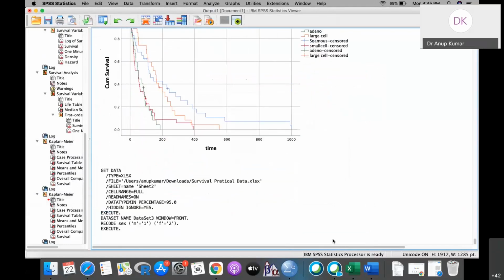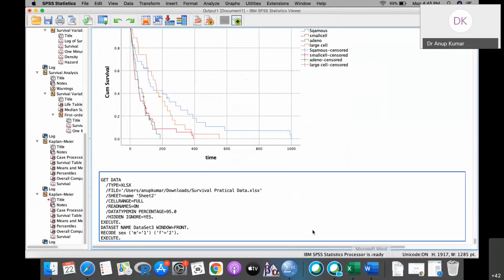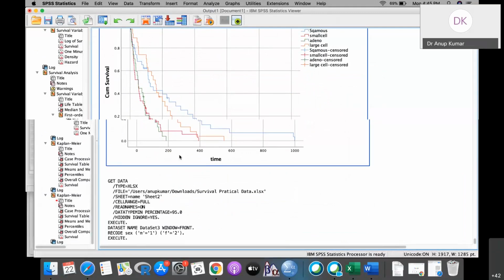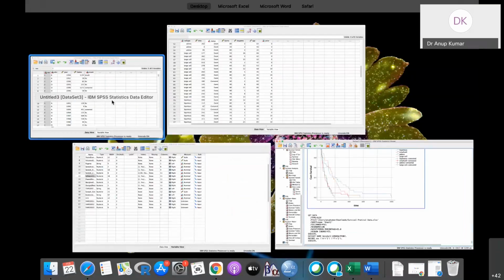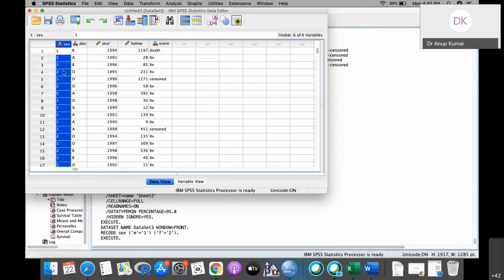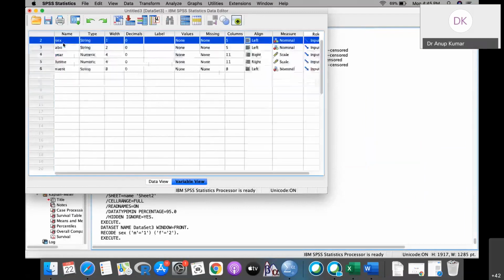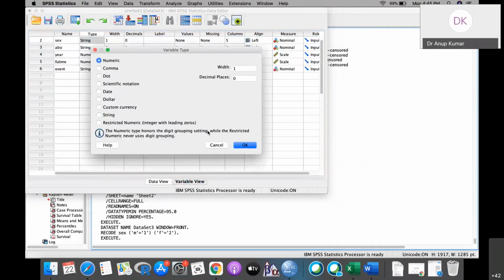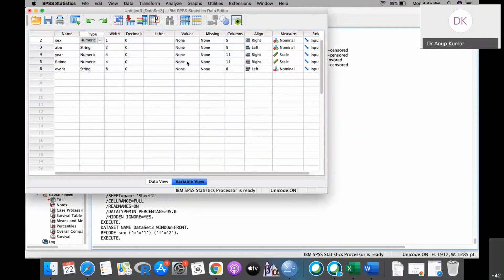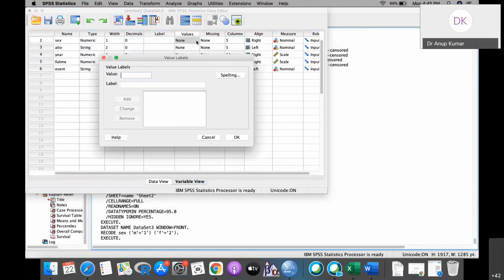Okay, so now once this is done, after that you can see, then go to the here, change it string to the numeric, and click OK, and then in the values put 1 for male, and for 2 write down female.